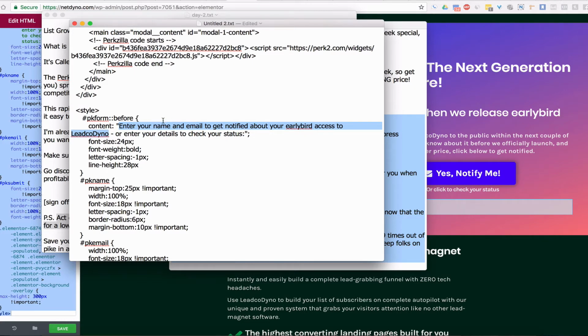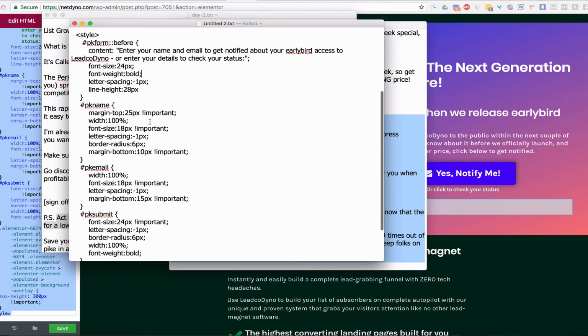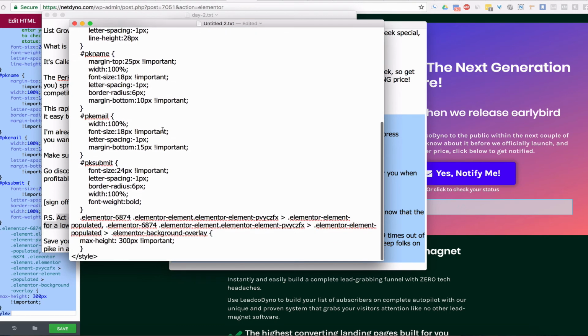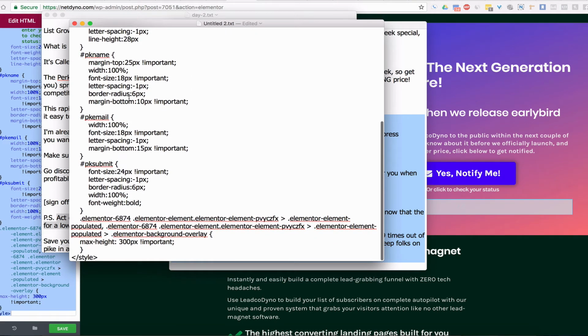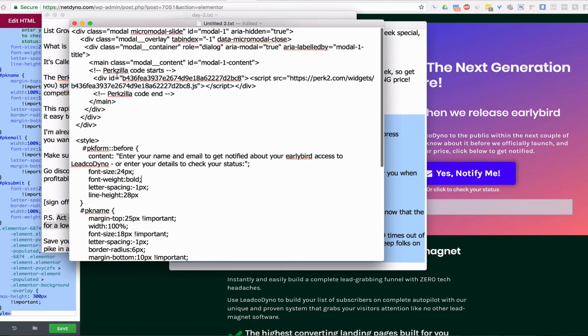Now, if you wanted to change the color of it, things like that, you can do that here with the font size. I wouldn't mess with any of this stuff, but you can if you want. All of this is specific to the form that PerkZilla gives us. We're just styling it a little bit differently. So you don't have to mess with any of this. All you have to do is push your code in here and change the content for that top opt-in box, that popover box, the top of it, the